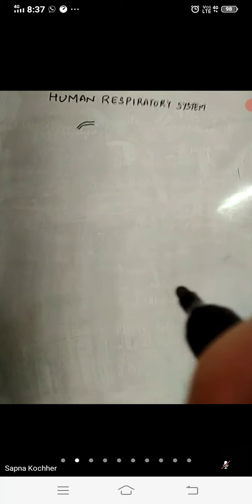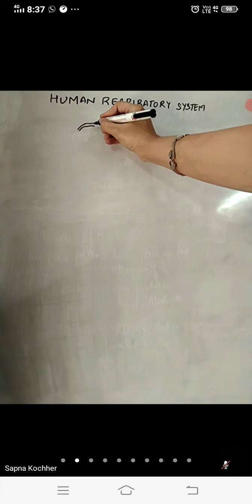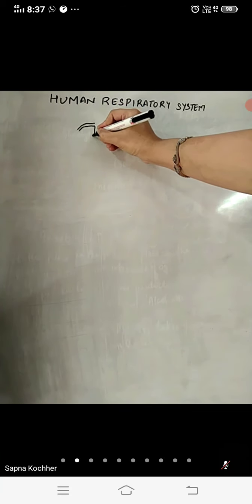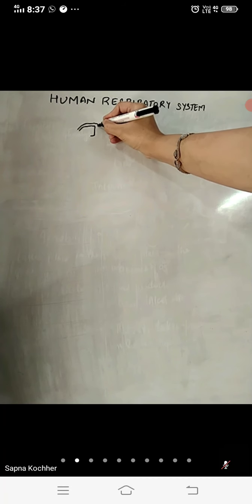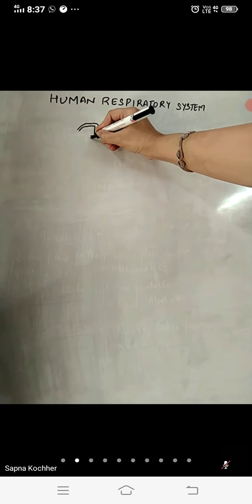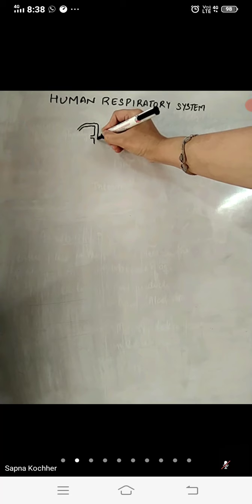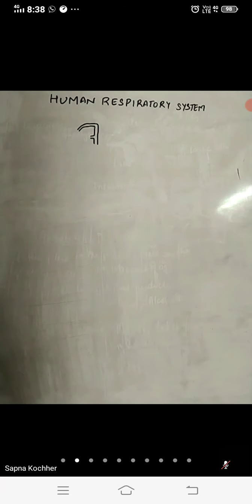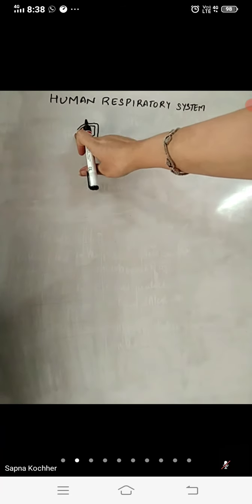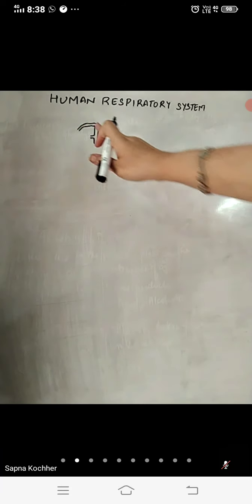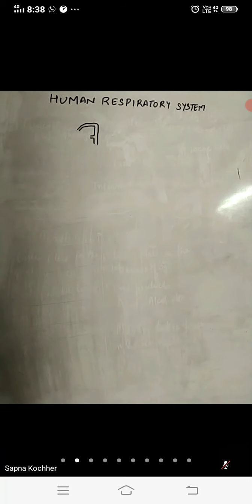Then after this, there is also a common passage for the mouth. So this is the common passage for the mouth. This is the mouth entry, and this is for the other pipe. So the nostrils, that is the nasal passage. This is the nostril. I will do the labeling at the last. Now you can just understand and draw it side by side.